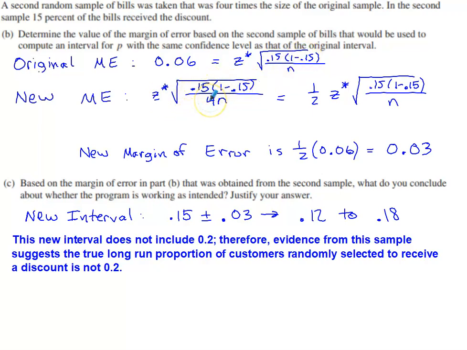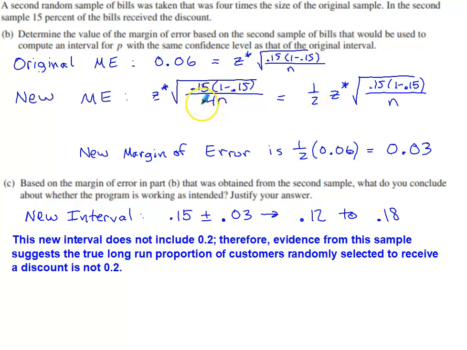But what I'm doing is I'm quadrupling the original sample size, right? 4 times the original sample size. So this denominator is where the only change actually happens. It's going to be 4 times n rather than just n. Well, this 4 is under a root, so if I wanted to simplify this expression a little bit, I could do the square root of 4, turn that into a 2. Now notice it does stay in the denominator, right?